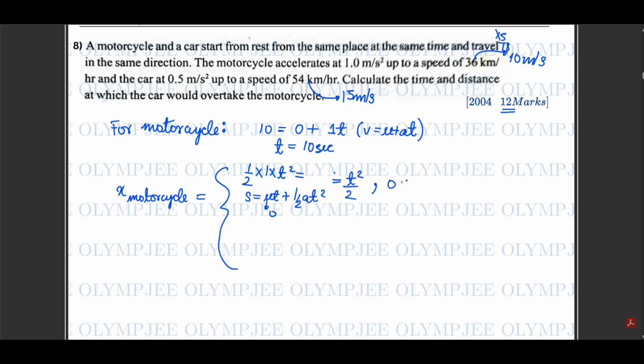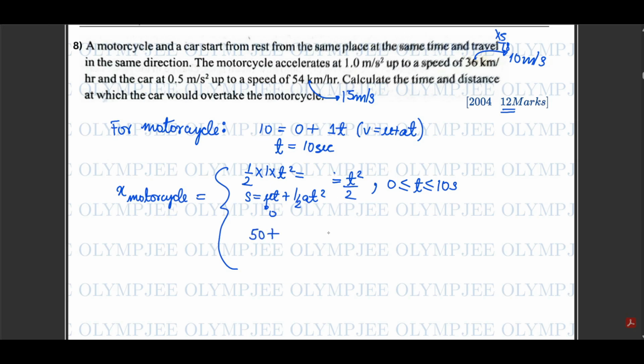So there is one more condition, till 10 seconds, and then it will travel with constant speed. So first you need to calculate the distance which it has traveled in 10 seconds, which will be 50. So 50 plus